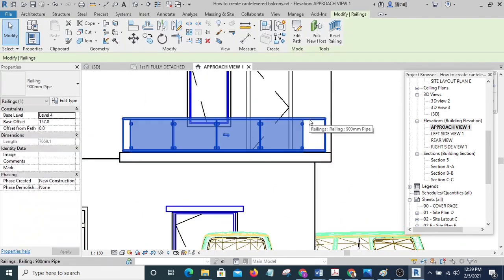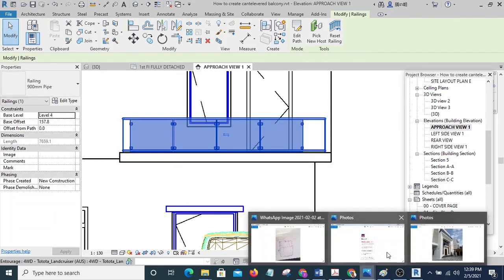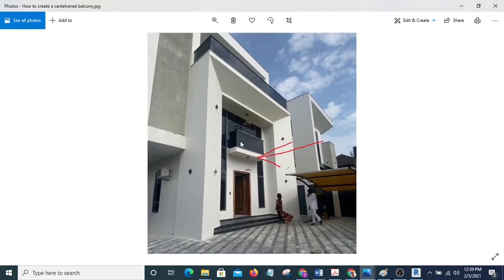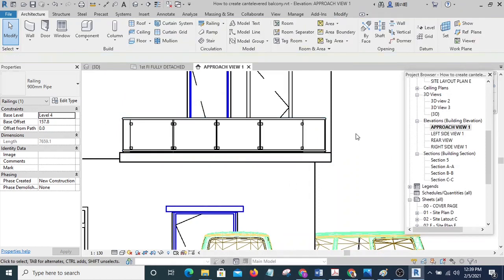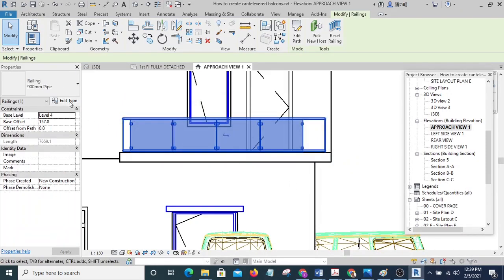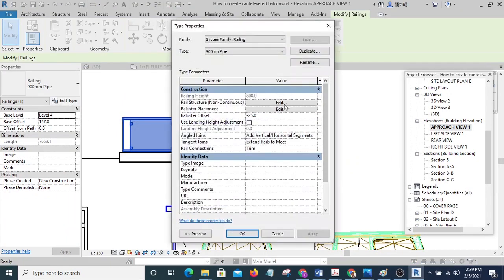Then you can see the height is not in accordance with our requirement. We want the height to be at least 900 mm. You can see this one is 900 mm. So we are going to select it, and we'll hit rail structure.